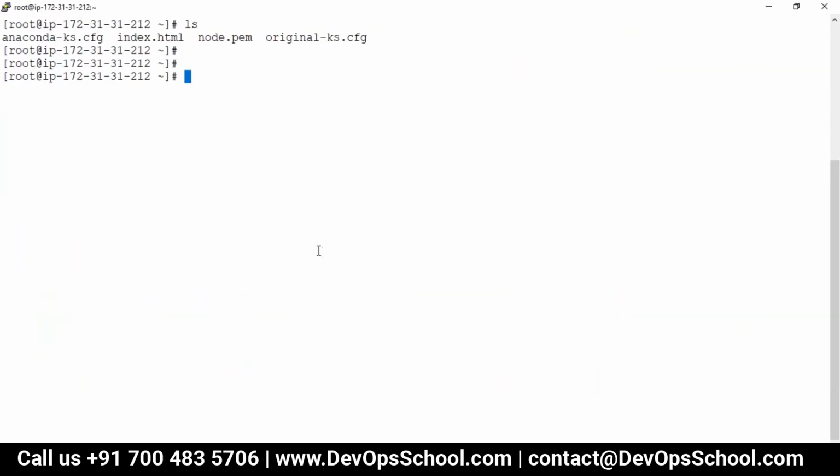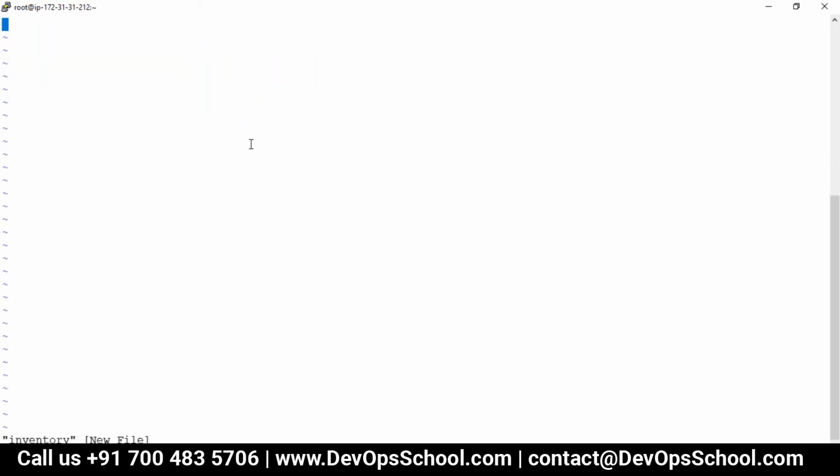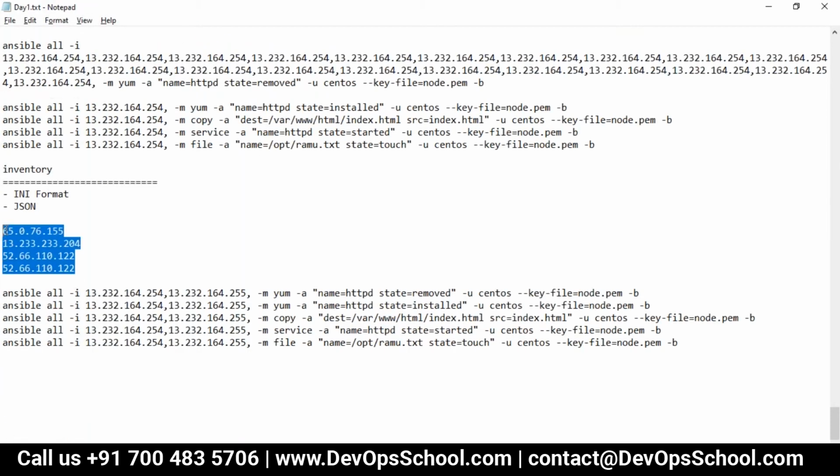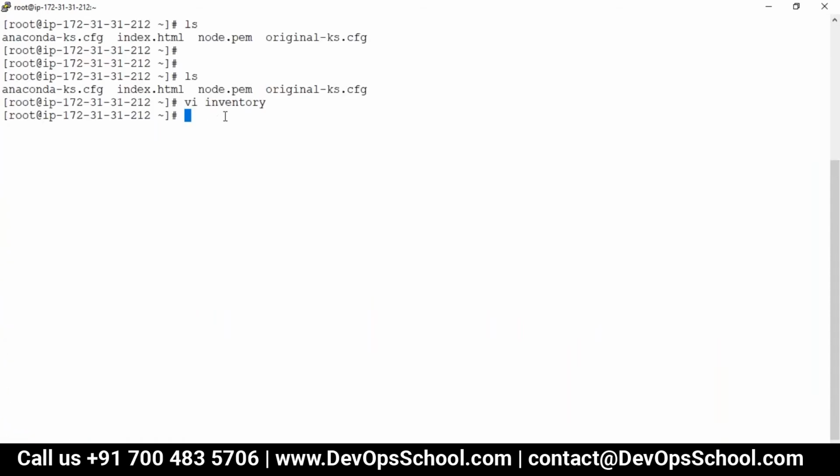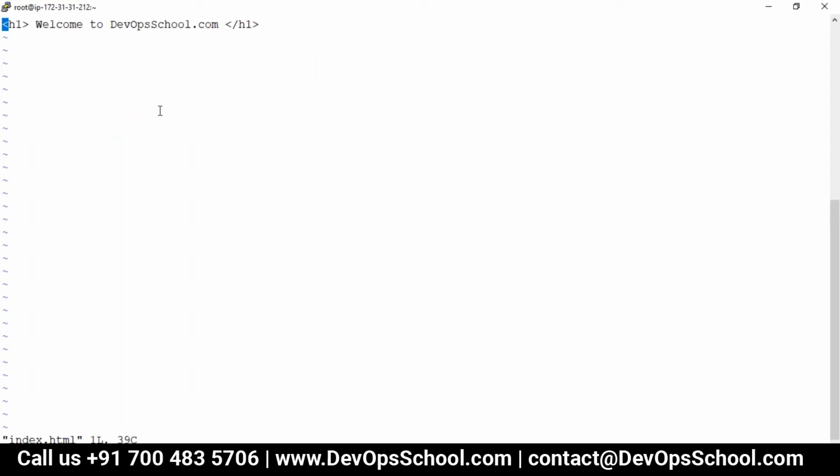So guys, look at my screen here. I have an index.html, which is the content. This is the access, and now I am creating the inventory file. Again I repeat, the file name can be anything. These are the 4 machines which we have. Insert this. Guys, this is the inventory file, and I have 4 machines in it. Now here, vi index.html, I'll change the content. This is version 1. This is version 1 software.